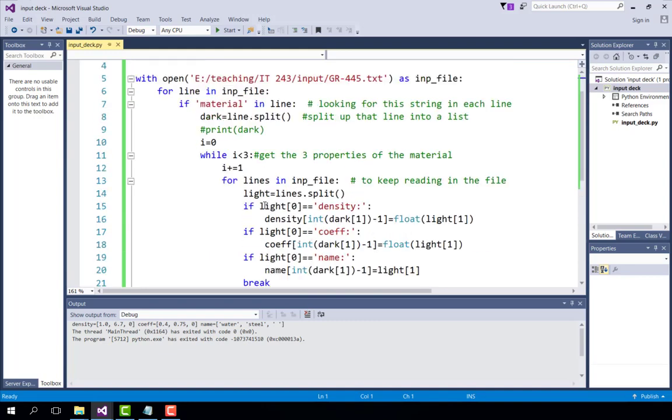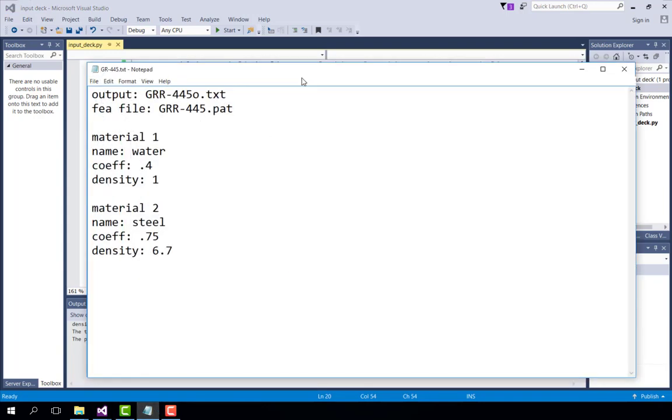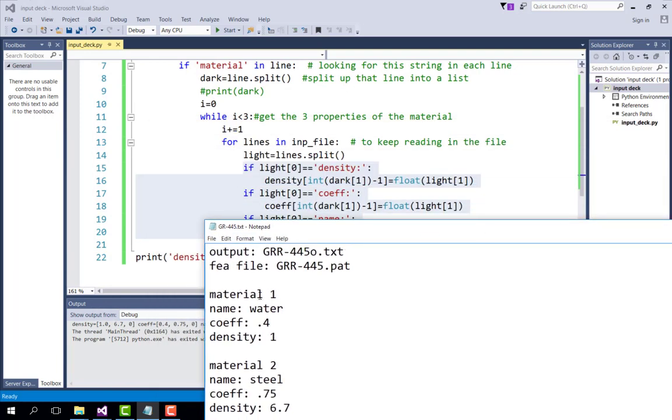And going back to what we did, really all that I did was add this. So I take it back. I added this, and then I took out the print statements because we knew we were getting the right print stuff. So now all I needed to do was evaluate what was coming in, and I just have a simple if statement. If light 0 is equal to density, well, remember what light 0 is here. This, after we find material 1, it'll go to the next block and it'll look